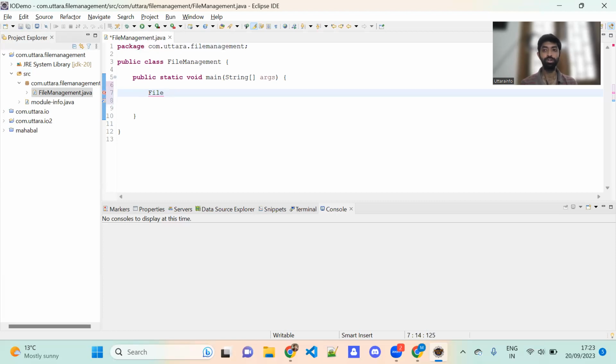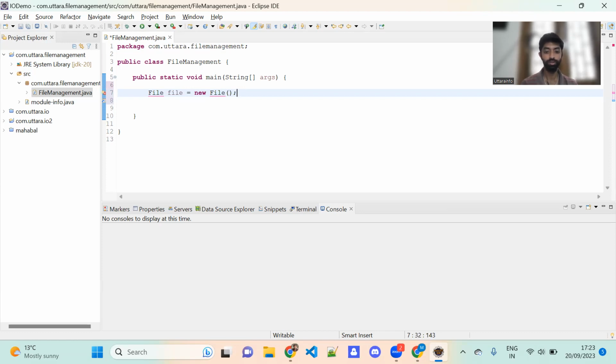To get access to the file system, we have to create an object of this File class. So I will write File file equals new File, and here we have to give